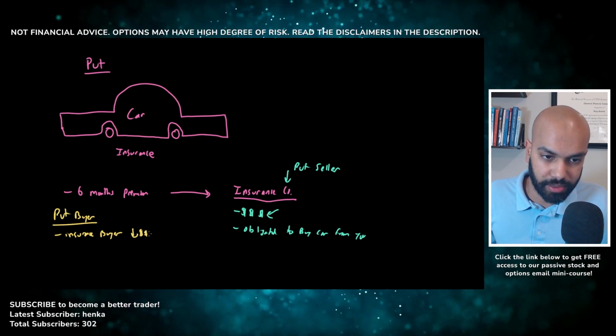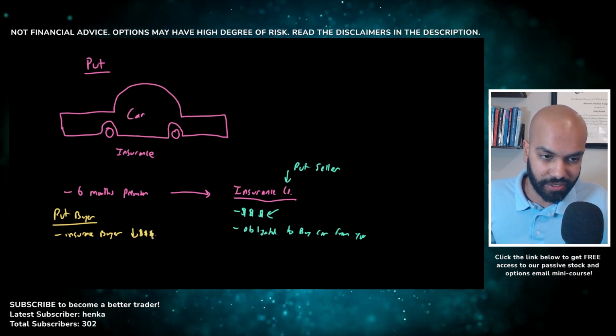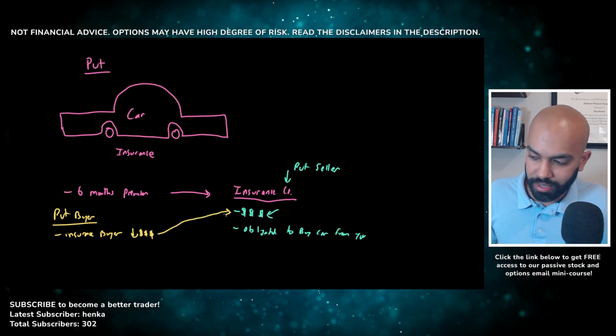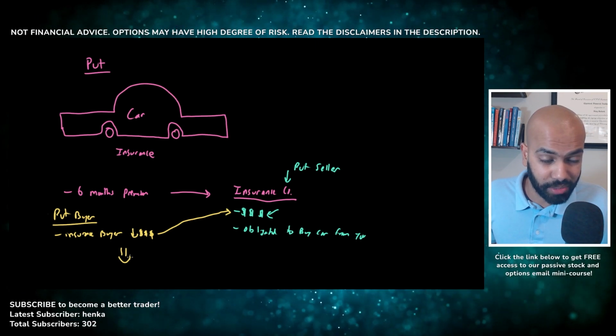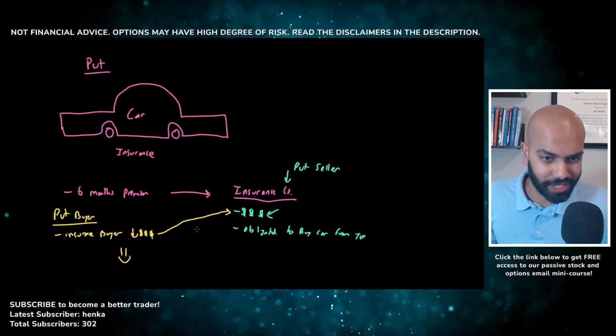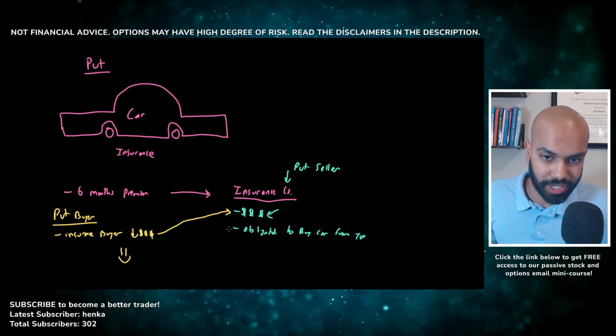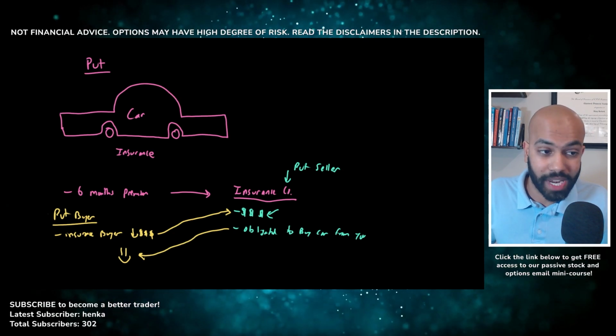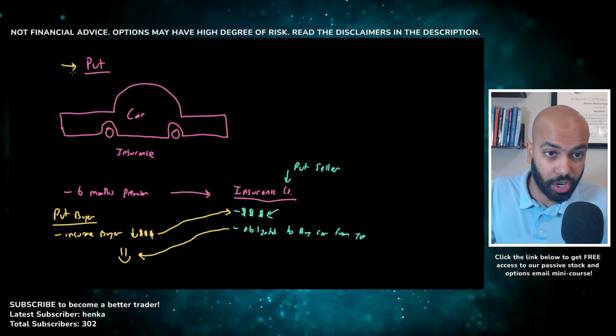They're just paying this premium over and over again because they're a good driver, they're not crashing, they continue paying this premium, and all this premium goes to the insurance company. Basically, if there is a car crash, the put buyer gets to make a claim and they get made whole again, minus the deduction and all that, because the insurance company will buy the car from you because you paid them a premium to do so. So anytime you see the word put, think of car insurance.